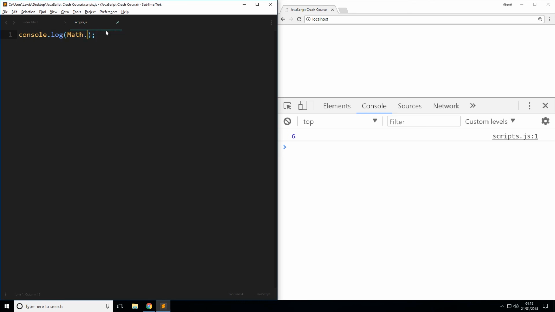of those. Something else as well is pow, so power. You can give it 2 arguments for this one, so we'll say 5 to the power of 3, which is 125, so 5 times 5 times 5, same as doing 5 and then a little 3 up to the top right of it. So you can calculate the power of a number through it as well. You can also calculate the square root, which is SQRT, so square root, and then in brackets, let's say 64, save and refresh, is 8, so the square root of 64 is 8, and these go on and on and on with loads of different